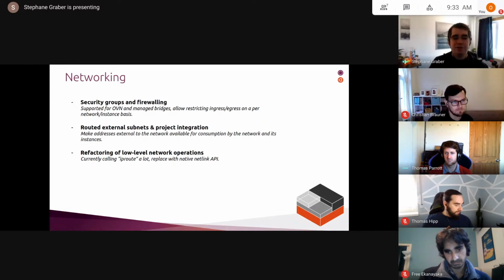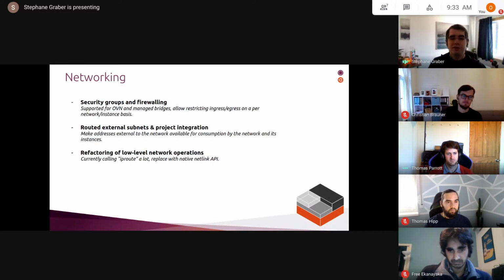And we can then assign some of those public IPs to a particular project. So effectively delegate a set of external addresses to a specific project. And then within the project, whoever has access to that project can then use those addresses in one of 2 ways. One is they directly assign one to an instance. And in that case, we will route that address directly to the instance.